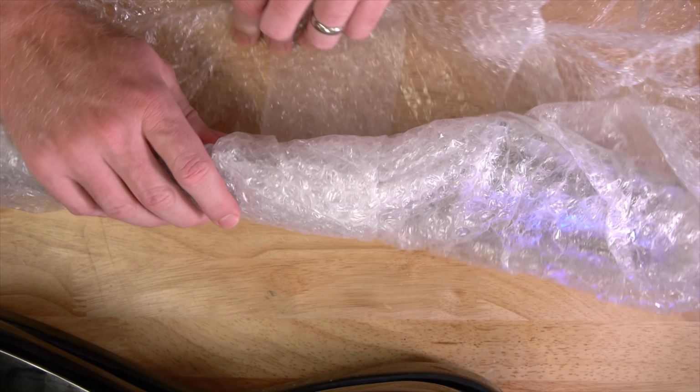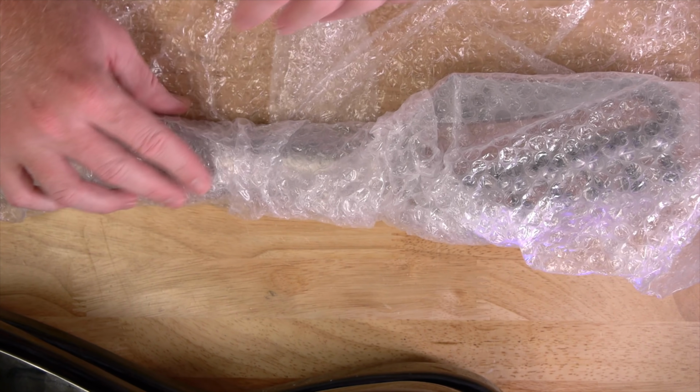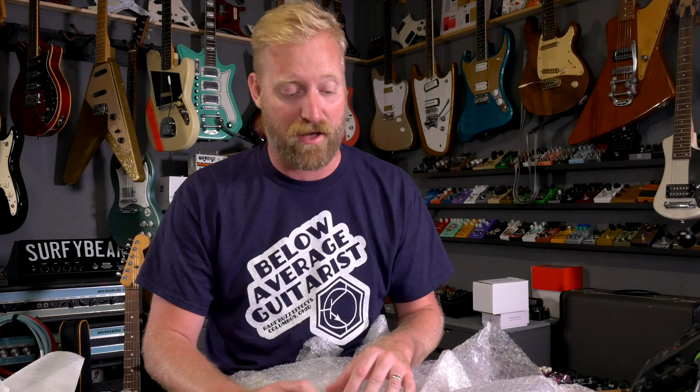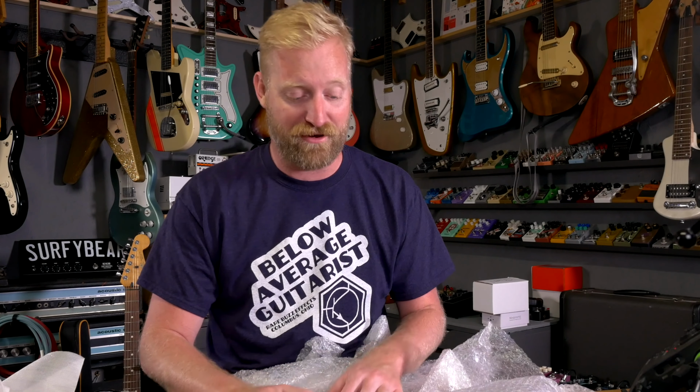This was sent to me all the way from Germany. And actually there might be another one on the way, because the way shipping is these days, the first one that was sent to me got completely lost in the mail, and it may show up months from now with stickers from all over the world on it. But the builder was like, I really want you to have one of these. I'm going to send you what's basically a prototype version of a finish for it. This is an all aluminum neck by